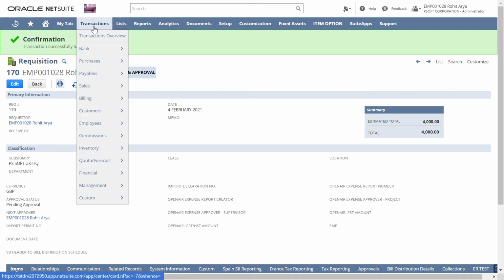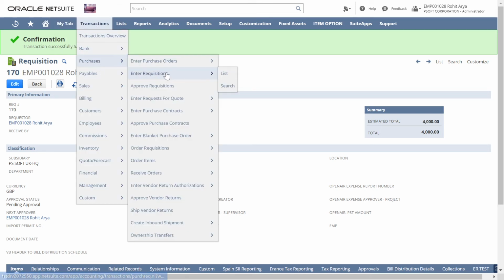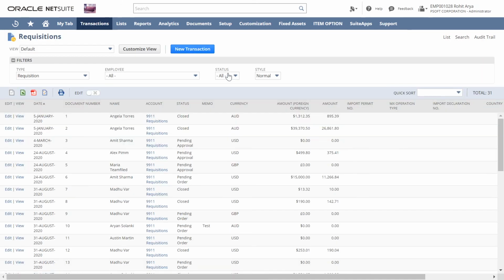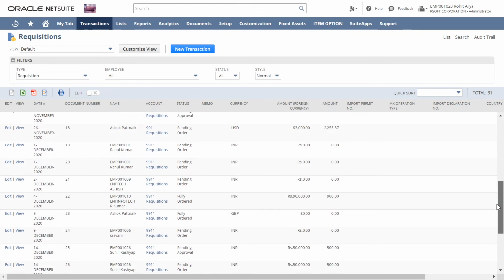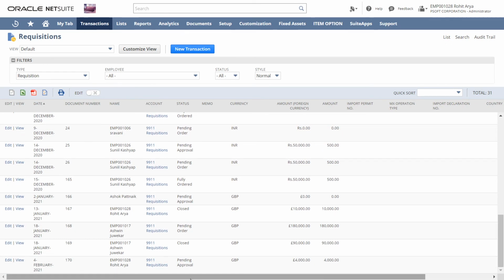We will be going to the transactions, purchases, enter requisitions, and the list. Here you can see this is the requisition which we have recently made, and the status is still pending approval.